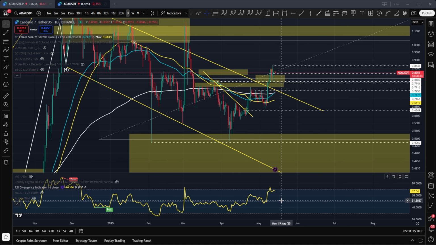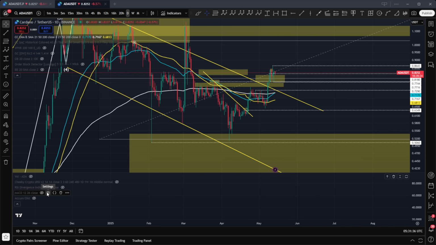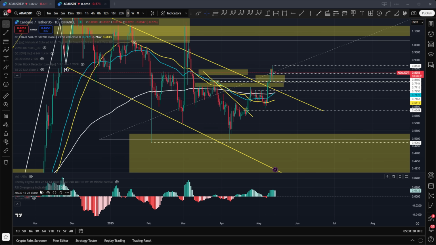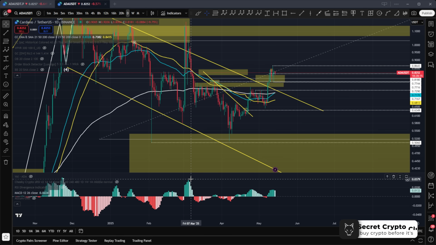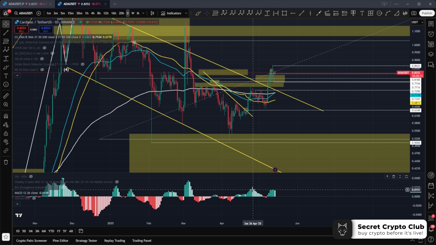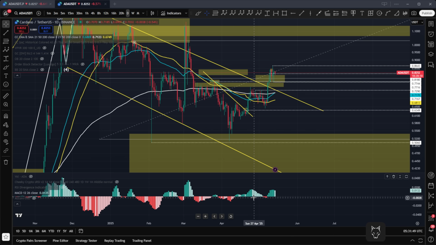Relative strength index is, of course, above the 50 level, bullish territory, still looking for progression to the upside. Nothing there to be overly concerned with, other than the fact that it is high, and we should be expecting a correction in the coming weeks. The MACD histogram. Here, we actually do see some bullish divergences, but they are really minor. I don't think they're anything to take note of, because it needs to be more obvious, and we don't really see any of that at the moment.